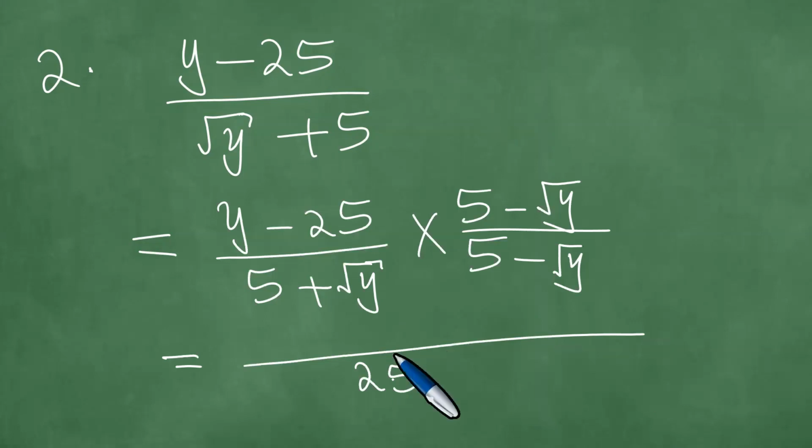I lost Pekanelo. If I happen to lose you, please try to reconnect. So we have 5 by 5. 5 times 5 is 25. Then the square root of y times minus the square root of y gives you minus y, isn't it? And then in the numerator, you only have the